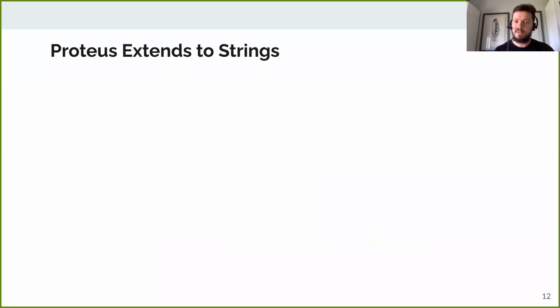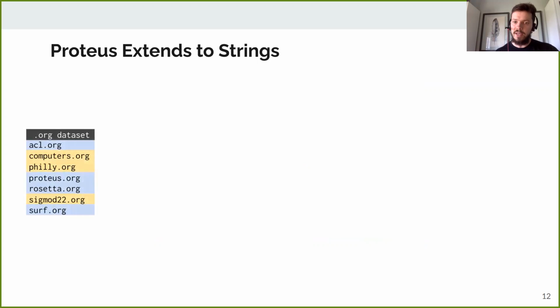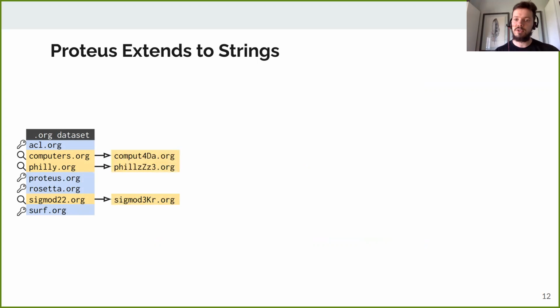Finally, we look at the performance of a filter when exposed to string keys and queries. Proteus supports strings and the details are in the paper. So we built a workload based on a real-world dataset, the collection of .org internet domains. In the .org dataset, we used randomly selected URLs as keys and the rest as left bounds of range queries, the right bound being synthetically generated with a uniformly distributed range size.